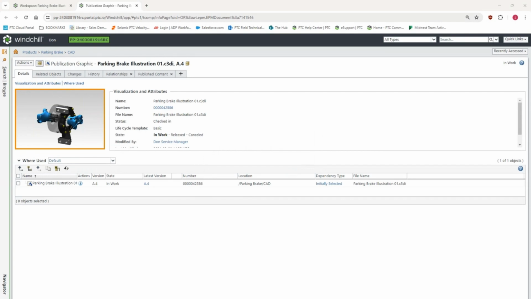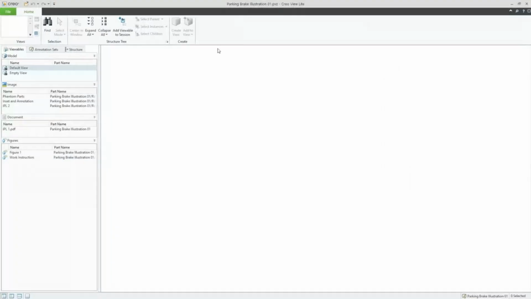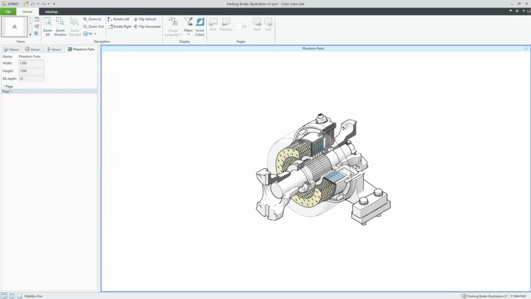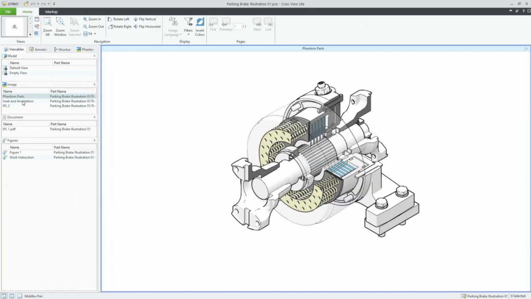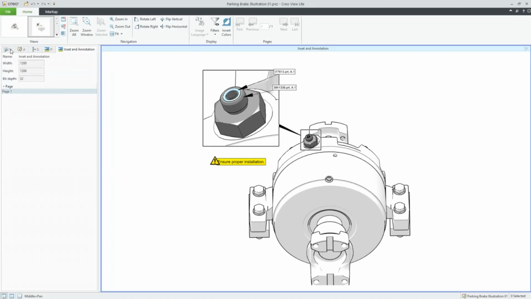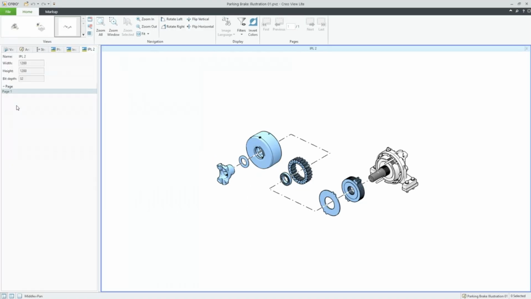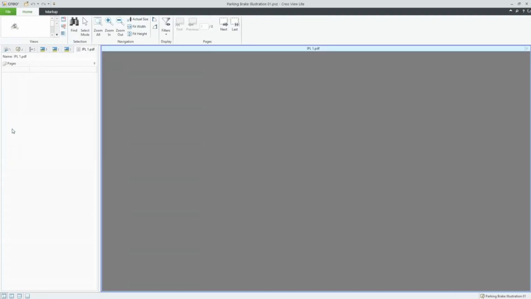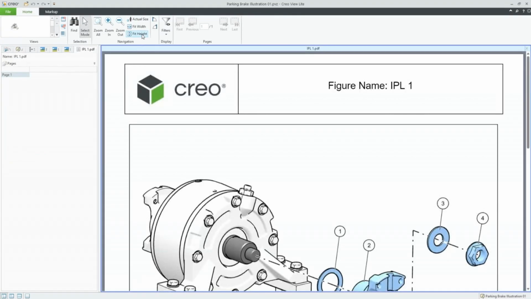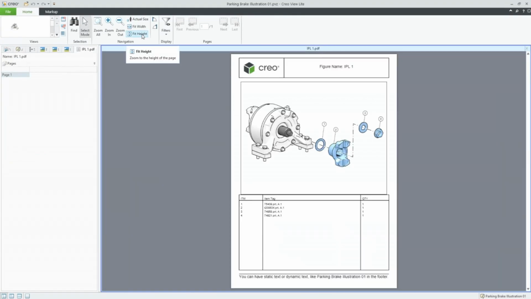So I pulled up Creo View to view the data. I am going to be using Creo View Lite to open the file. That said, you can use any flavor of Creo View. So you can use Creo View Express, which is that free version, Creo View Lite, which comes with Windchill, or Creo View MCAD. So you can see within that single PVZ file, I have various PNGs,